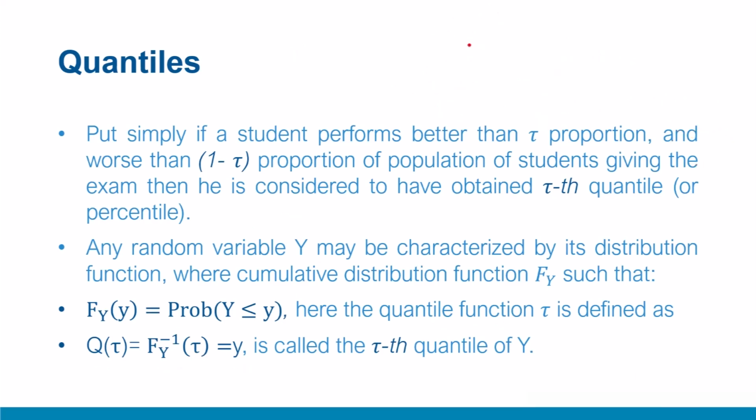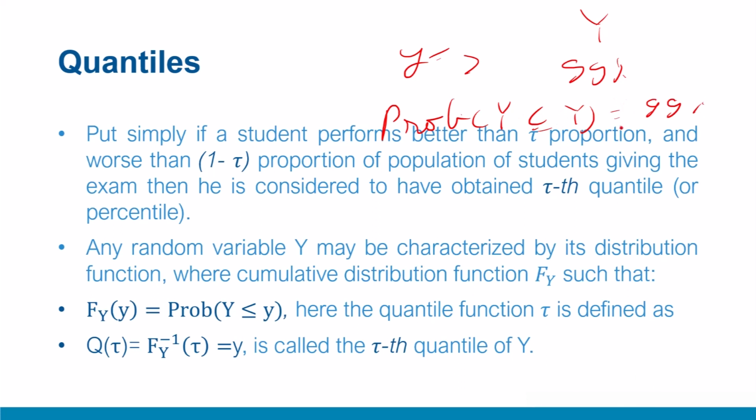That means, as a simple example, let's suppose we said that y is greater than 99% of the values of the distribution of y, which means the cumulative probability of all the y's being less than y is 99%. That means 99% of y's are less than this. If we apply this, it is also called the cumulative function, which is expressed as Fy.